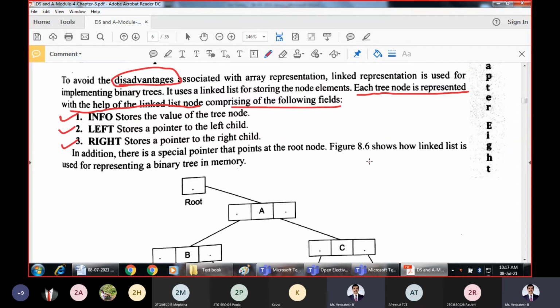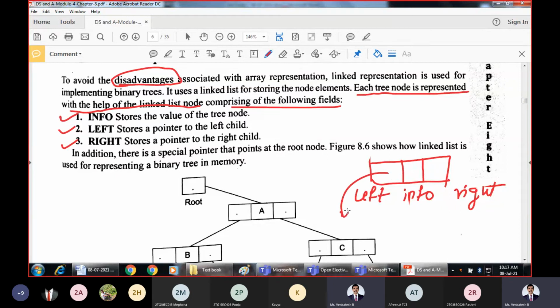Every node in a binary tree will be something like this. It will consist of 3 fields. The center field is the information field. The leftmost field is a pointer to the left subtree, and the rightmost field is a pointer to the right subtree.